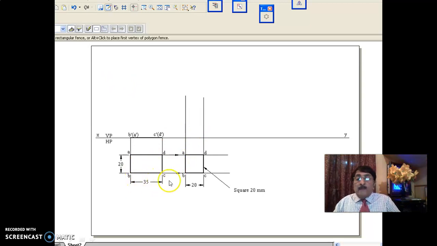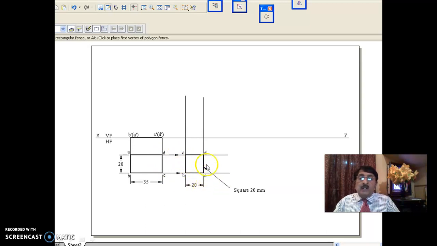at one particular inclination to HP of this rectangular lamina, it appears as a square in the top view, he says. That is why, since the top view has already been given, take projectors here, write 20 by 20. Now you know very well, first stage front view and second stage front view are the same, because when you lift this CD up for certain inclination, this 35 goes on reducing, and you are getting different rectangles in the top view. But I want a square only.